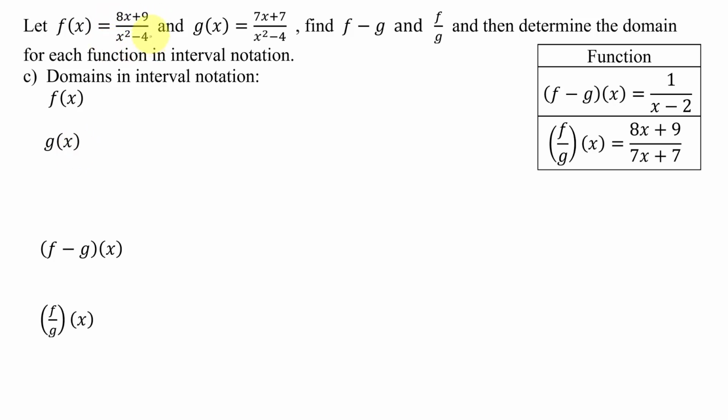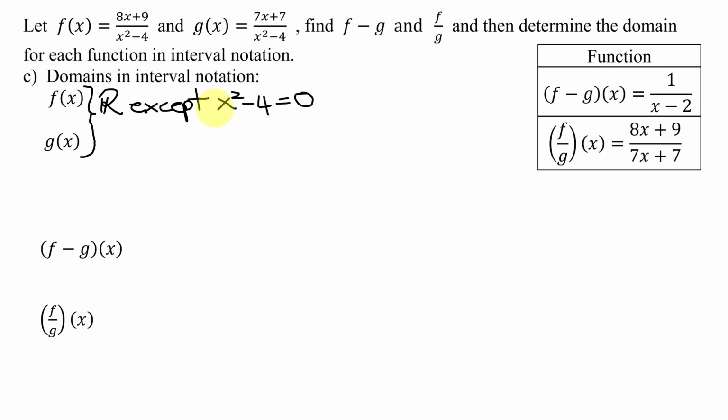So looking at our functions f and g, are they going to have domain issues? Yes, they both have variables in the denominator. But luckily, both of the denominators are identical, so the domain of f and g are going to be exactly the same, and it's going to be all real numbers. Remember, that's the symbol for all real numbers, except those values of x that make x squared minus 4 equal